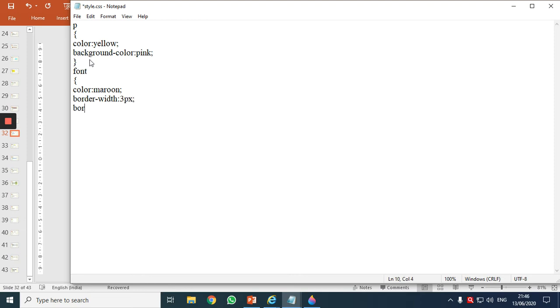I want to give a good border color. Border-color, I'll say green. Then I want to give a good style to the border. Border-style, I'll say inset. Enough. Okay. Close the curly brackets.